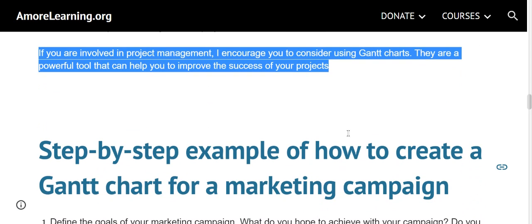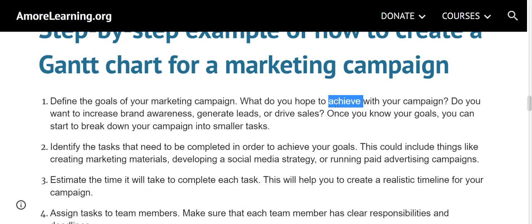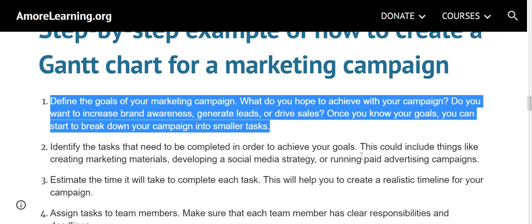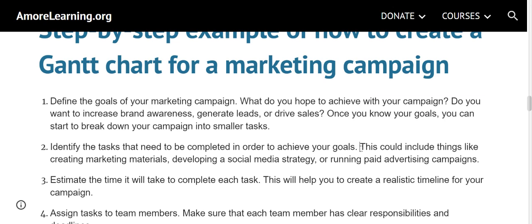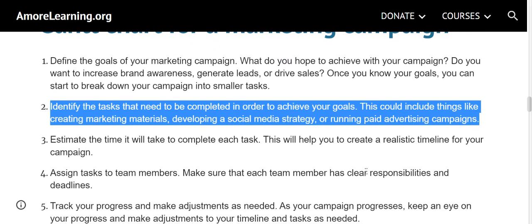Step-by-step example of how to create a Gantt chart for a marketing campaign. Define the goals of your marketing campaign. What do you hope to achieve with your campaign? Do you want to increase brand awareness, generate leads, or drive sales? Once you know your goals, you can start to break down your campaign into smaller tasks. Identify the tasks that need to be completed in order to achieve your